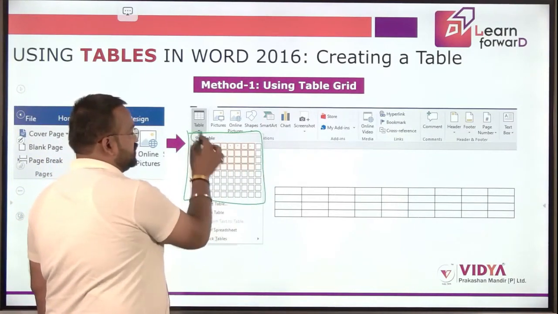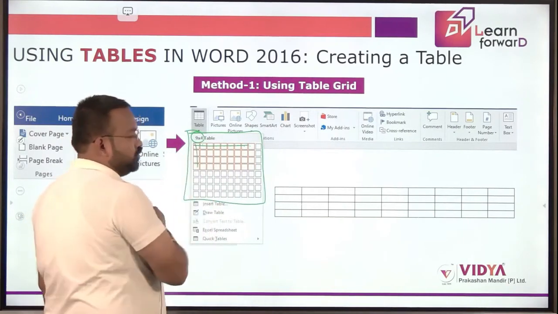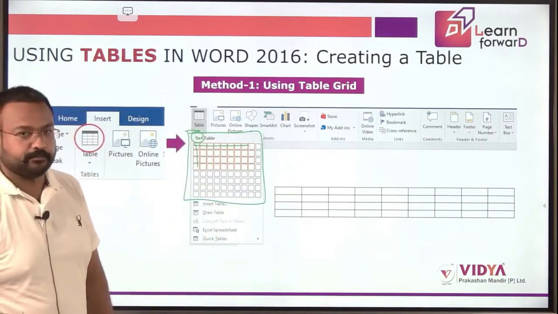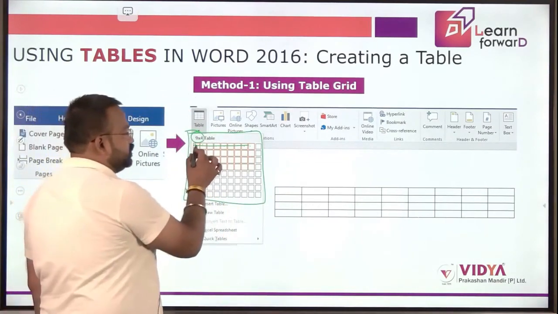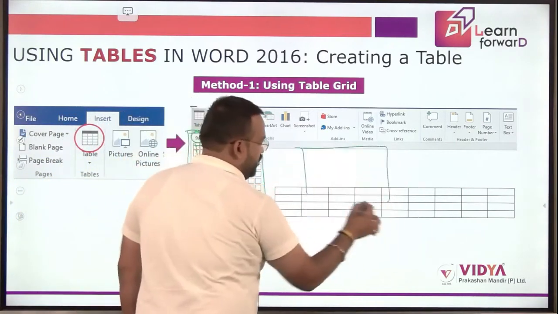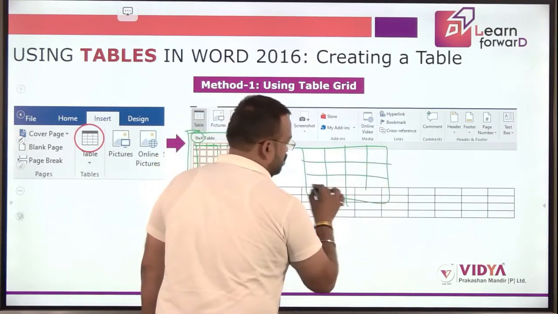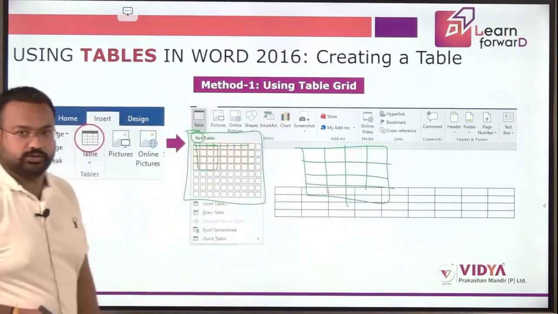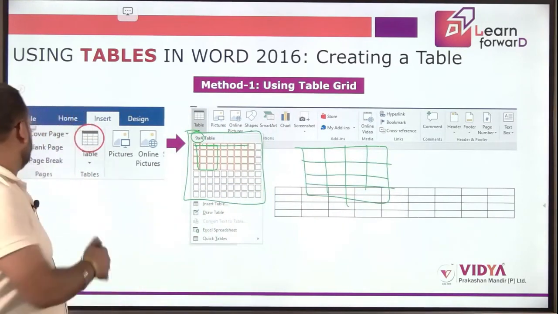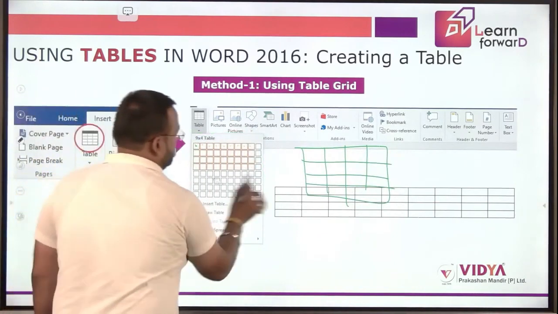The size is already shown here. So we have selected 9 columns and 4 rows, and that table is created in our Word document. If you want, say, only 4 columns and 4 rows, that table would be inserted with 4 columns and 4 rows. Is it clear? Okay, so now let's move to our next method by which we can insert the table.